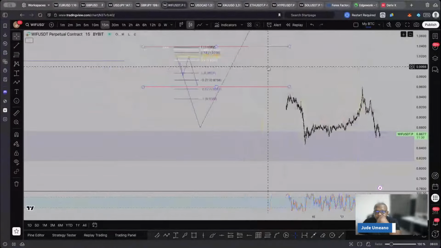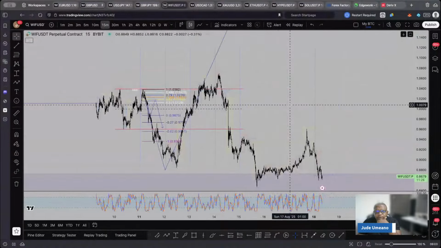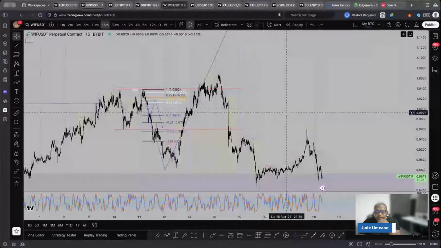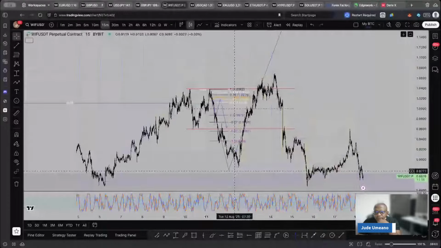Meme coins. Okay, I think I did the analysis on it. Sometimes for people on Discord, I think I did some analysis on it some time ago. Let's see how it went. Okay. We're expected to tap into this zone. Yeah. So we went,